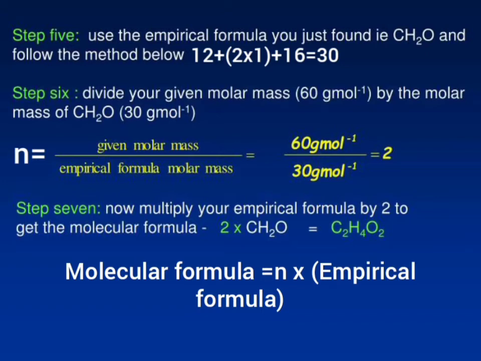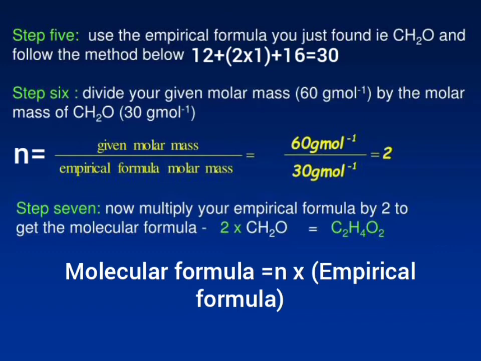The sixth step is to divide the given molar mass in the question, that is 60 gram mole inverse, by the molar mass of the empirical formula, that is CH2O, to get the value of N. That is, N is given by the given molar mass divided by the empirical formula molar mass. So the value of N is 60 gram mole inverse divided by 30 gram mole inverse,